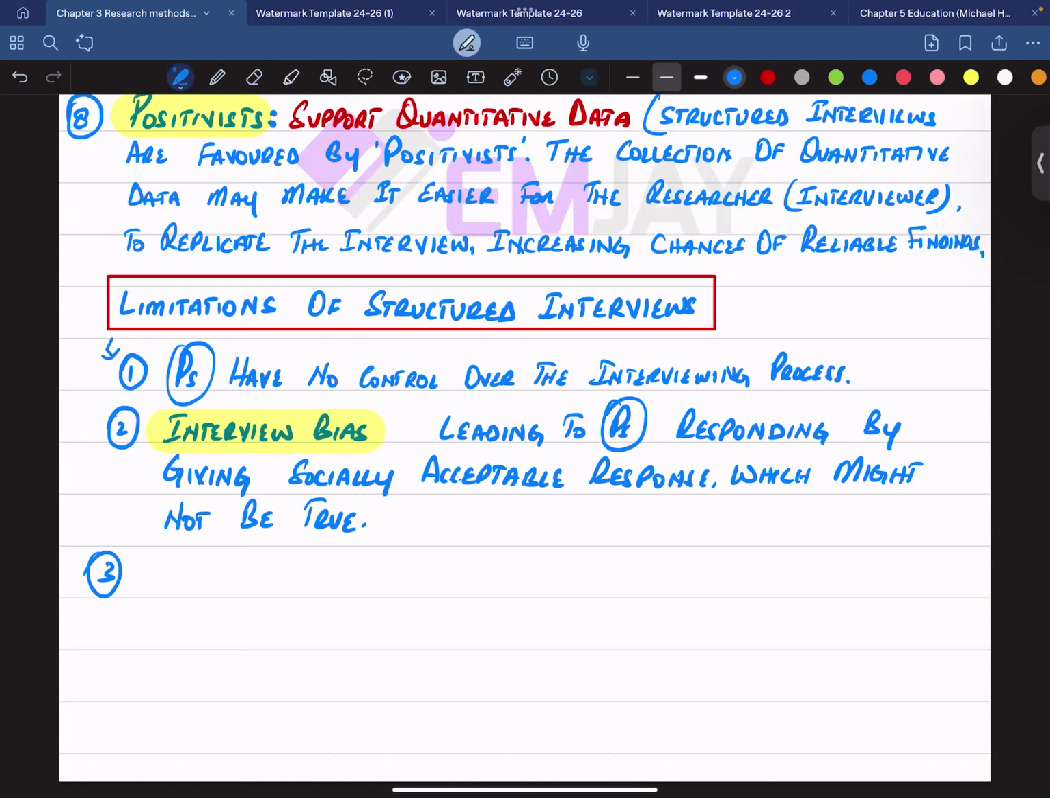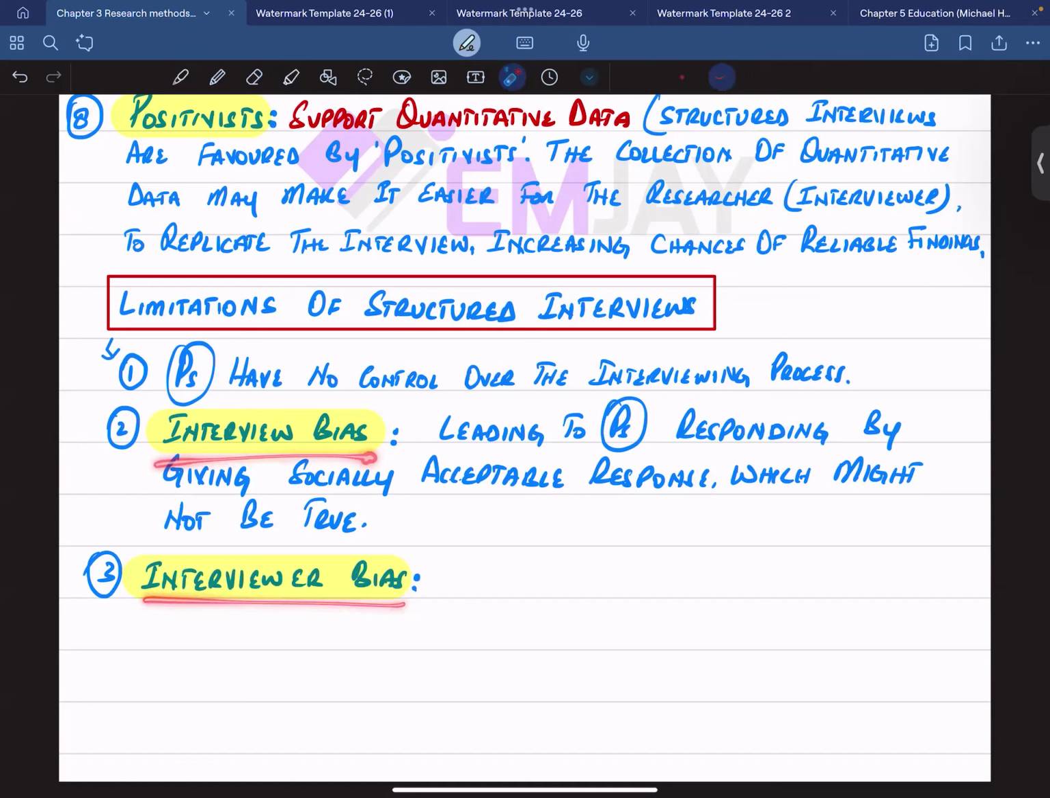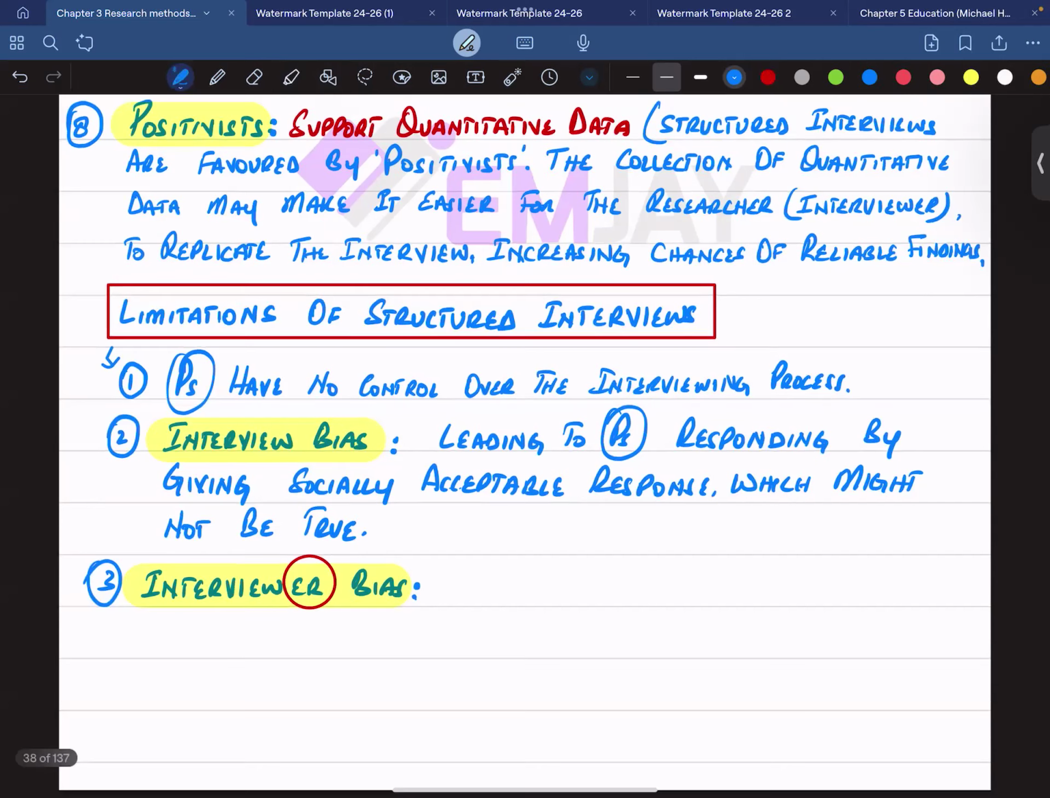The next could be an interviewer bias. Now understand these limitations that I'm using over here, they stand to be more true when you talk about interviews in general. Understand the difference. This is interview bias, this is interviewer bias, or the person who is conducting an interview, that particular individual, that is the interviewer,